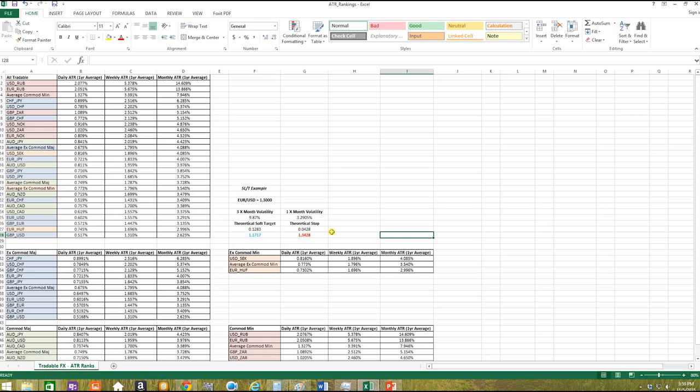So going short euro dollar at 130, if we put a stop loss in by looking at these numbers, if we decided a sensible stop loss is 138, well, we're just kidding ourselves, because we know 1 month volatility is 3.3%, and from where euro dollar is trading,